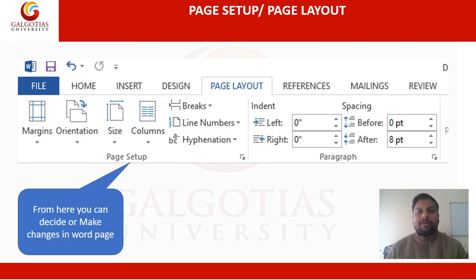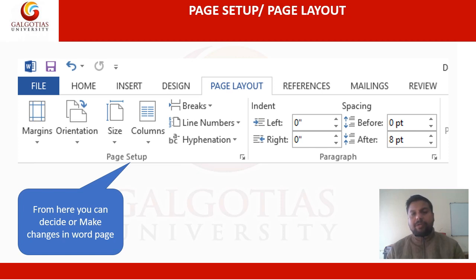After creating a new document or after inserting a new page, the first thing you have to do is the page setup. As I already told you, page setup is the size and the margins of your pages. Basically in a Word file we always click on size.